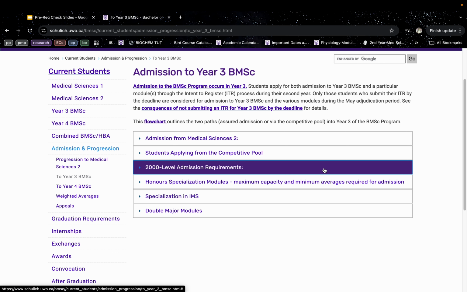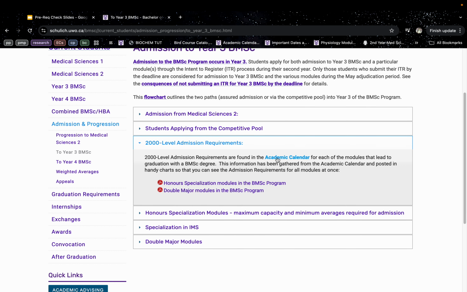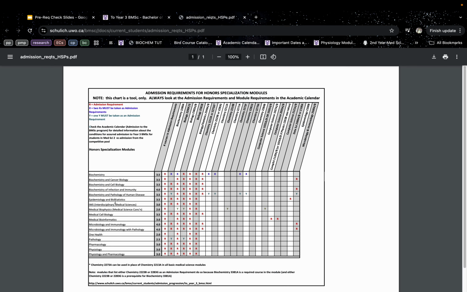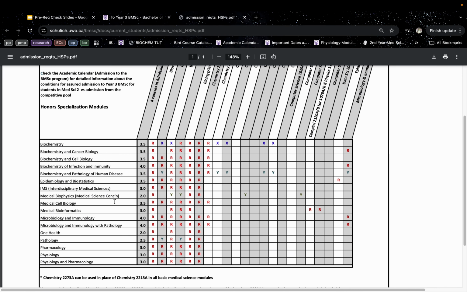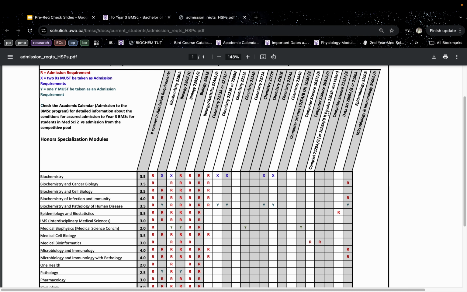In the 2000 level admission requirements dropdown, you'll find a hyperlink for the academic calendar that Parth mentioned. They also provide these 2 tables, which are great tools for getting a general grasp on the required 2000 level courses and comparing the prereqs for different modules. So if we open the honors specialization modules table, we'll see they have a list with all the possible modules you can take